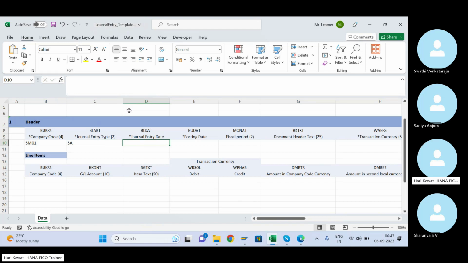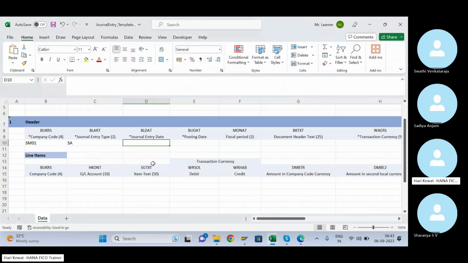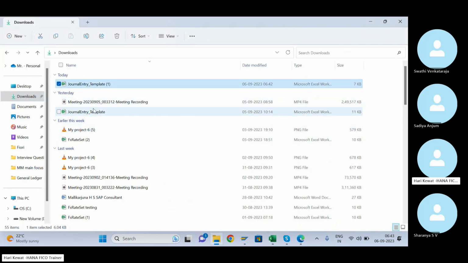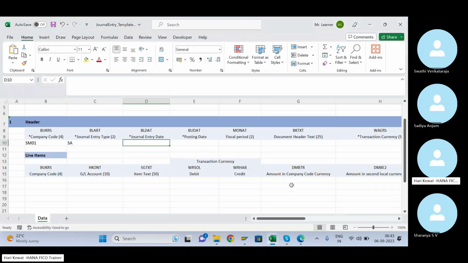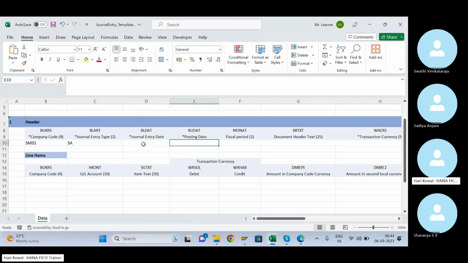See, the template for posting the document, mass level, and parking is the same. If you load from yesterday's app, whatever I told, it will post. If you load from this Fiori app, it will just park the document. That is the only difference, the rest of the template remains the same. That is the reason I thought of using the template we already downloaded yesterday. This template and this template, see, both are the same. But if you load from this Fiori app, upload journal entry, then it will get parked. If you upload from yesterday's one, then it will get posted. That is the difference. I hope you are not getting confused.